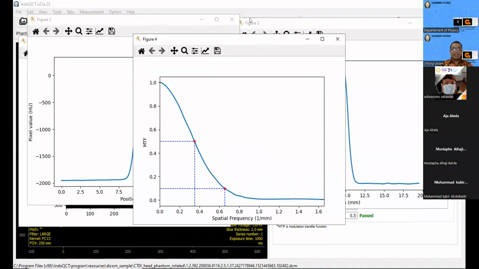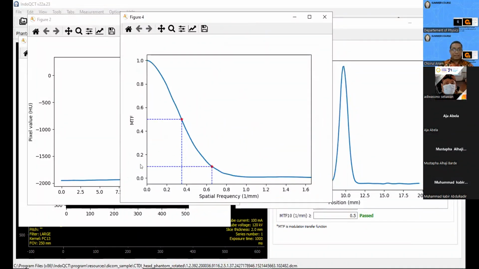We can see here that our 10% MTF is more than 0.6. And we can see that by using the MTF, the effect of the noise is lesser. Okay. So I think by using this method, we can measure the MTF maybe using a relatively small mA.